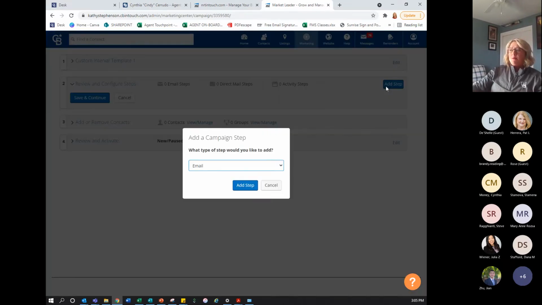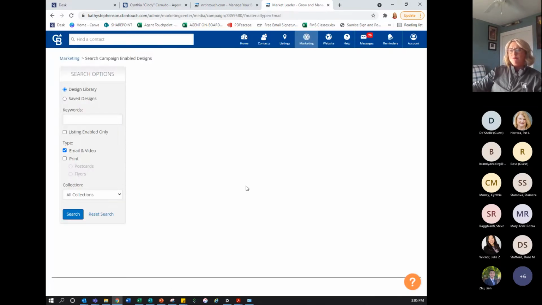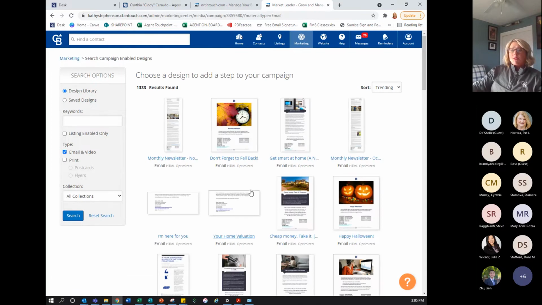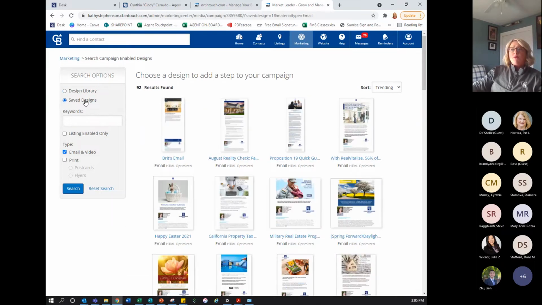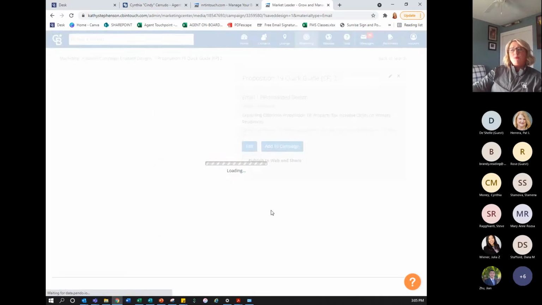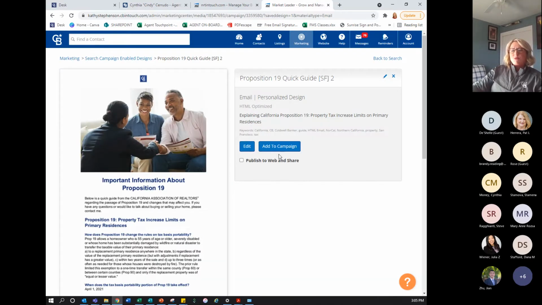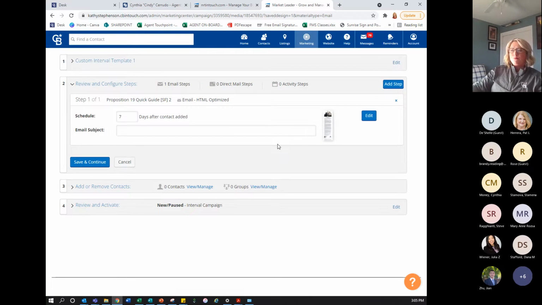So you just hit add step. First one, what step would we like to add? We want to add an email. We can go into our design library here, and when you have already created the email templates, you just go into your saved designs and find which email you'd like to add. So maybe we'll put the Proposition 19 email in there. Okay, and so this is 7 days after the contact is added to the campaign. So maybe we want this to be 1 day after the contact is added. Put in your email subject line,